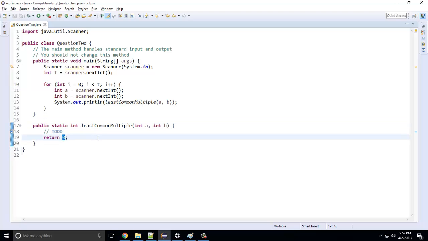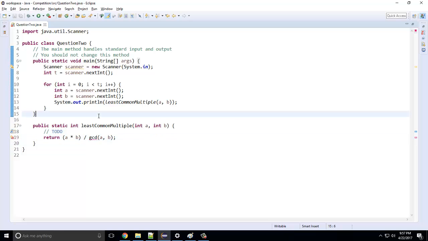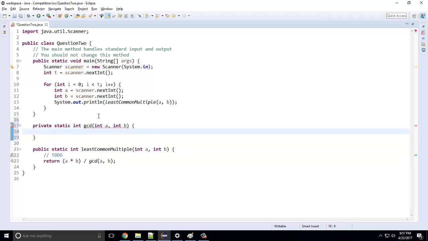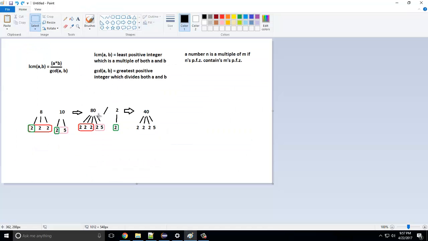So here's our skeleton. And our simple function is just a times b divided by, and then we're going to make a function for this, the greatest common divisor of our two numbers. So let's write that function now. We'll just take in two integers, and this function is going to return that greatest common divisor. A good way to do this is the Euclidean algorithm. You can just see online for that. There are many videos out there explaining Euclid's algorithm, but the bottom line of it is that we're going to keep